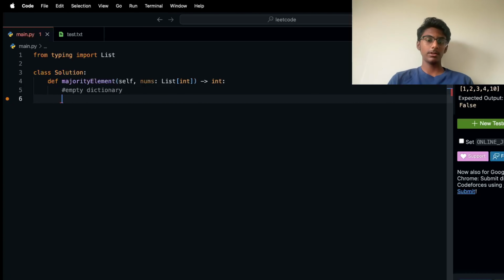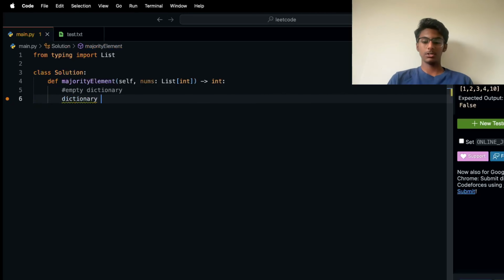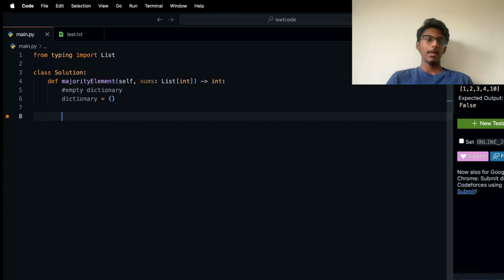So now we can create a dictionary. For the empty dictionary, we're just going to call it dictionary, to be more specific. Once we're done with our empty dictionary, we're going to loop through the array now. And what we're going to do is, for i in nums,